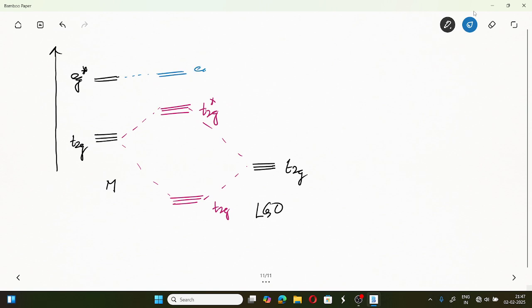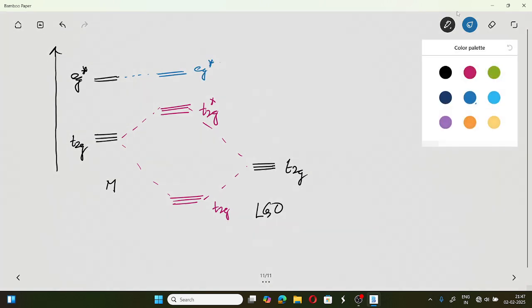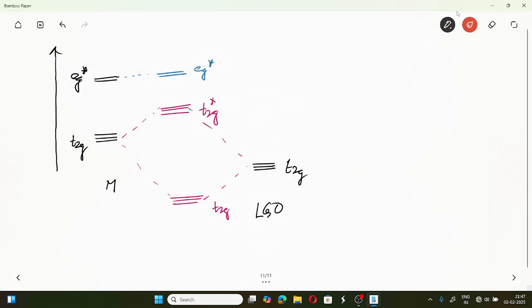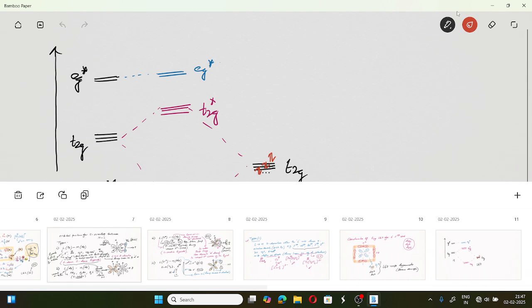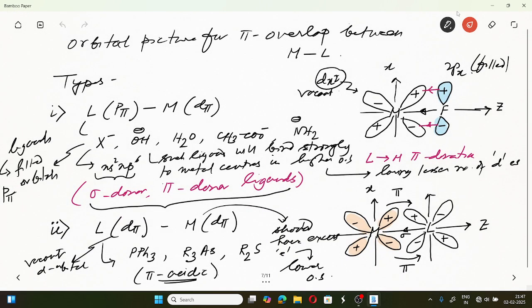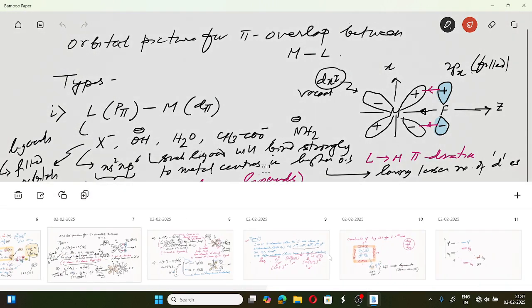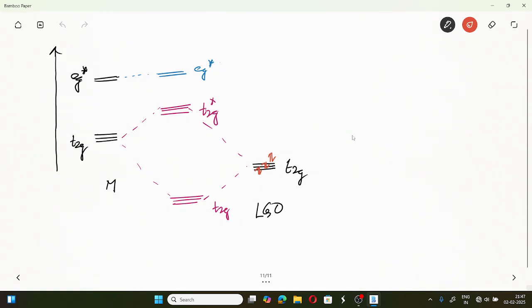দেখো EG স্টারটা যেরকম ছিল সেরকম হয়ে যাচ্ছে। এখন এই যে T2G LGO, T2G LGO তে আমরা কি বলেছি, প্রত্যেকটা ফ্লোরাইডের একটা করে পেয়ার অফ ইলেকট্রনস থাকছে, তাই না? দেখলাম ফিল্ড পি অরবিটাল, মনে পড়ছে? এই যে এখানে দেখালাম, প্রত্যেকটা ফ্লোরাইডের ফিল্ড পি অরবিটাল আছে। তাহলে T2G LGO তে প্রত্যেকটাই ফিল্ড হচ্ছে।